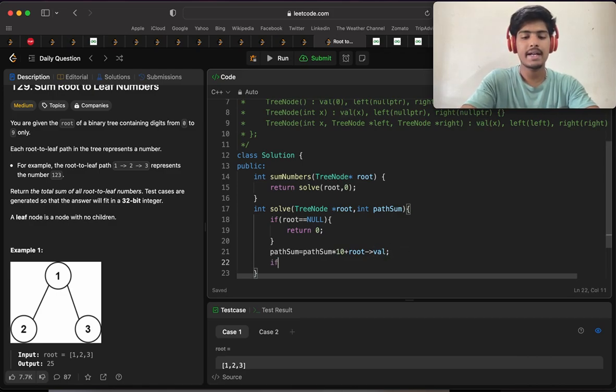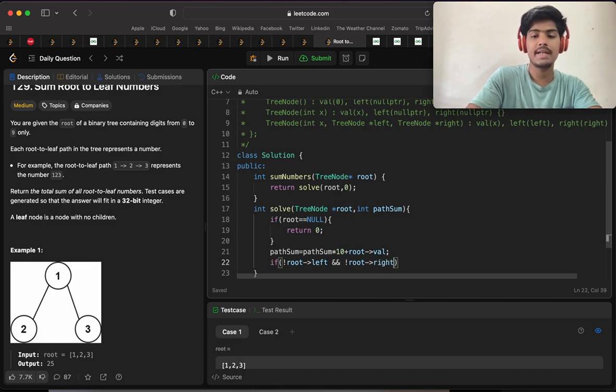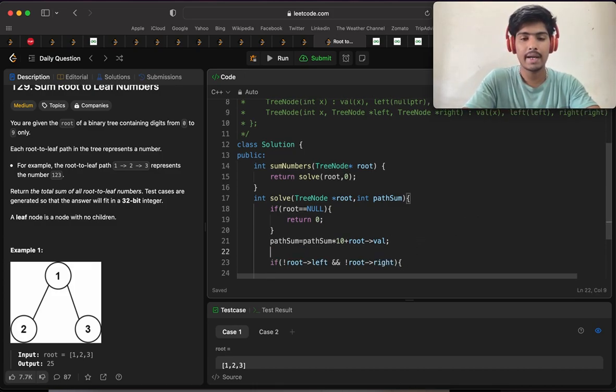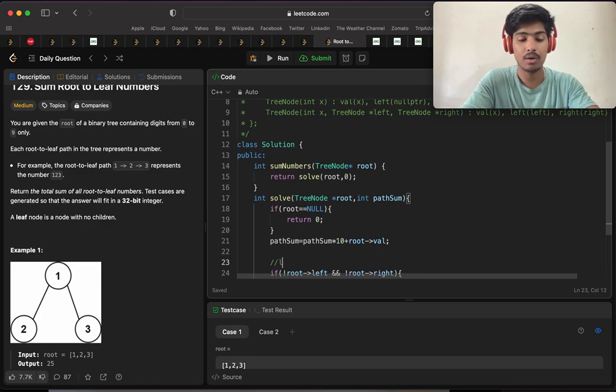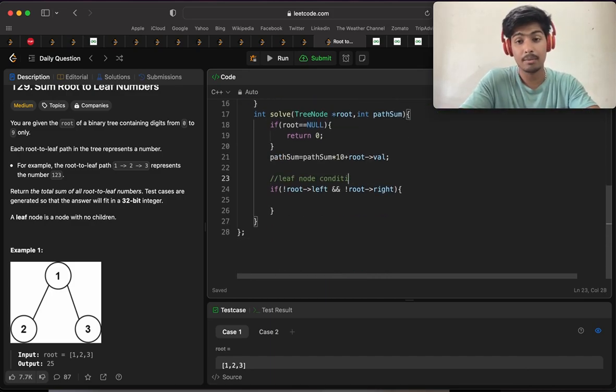Now I can check if not of root's left and not of root's right, it means that node is the leaf node. So I can write here in a comment section, leaf node condition. The leaf node condition is that its left should not exist and its right side should not exist either. It means not of root left and not of root right. If this condition meets, in that case I can simply return path sum,